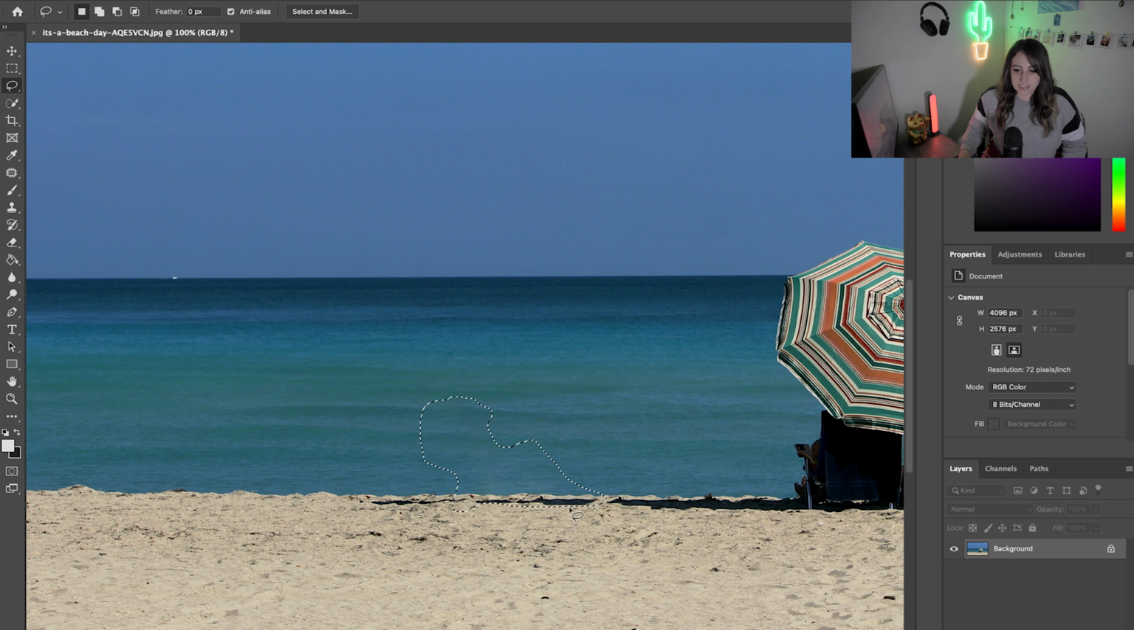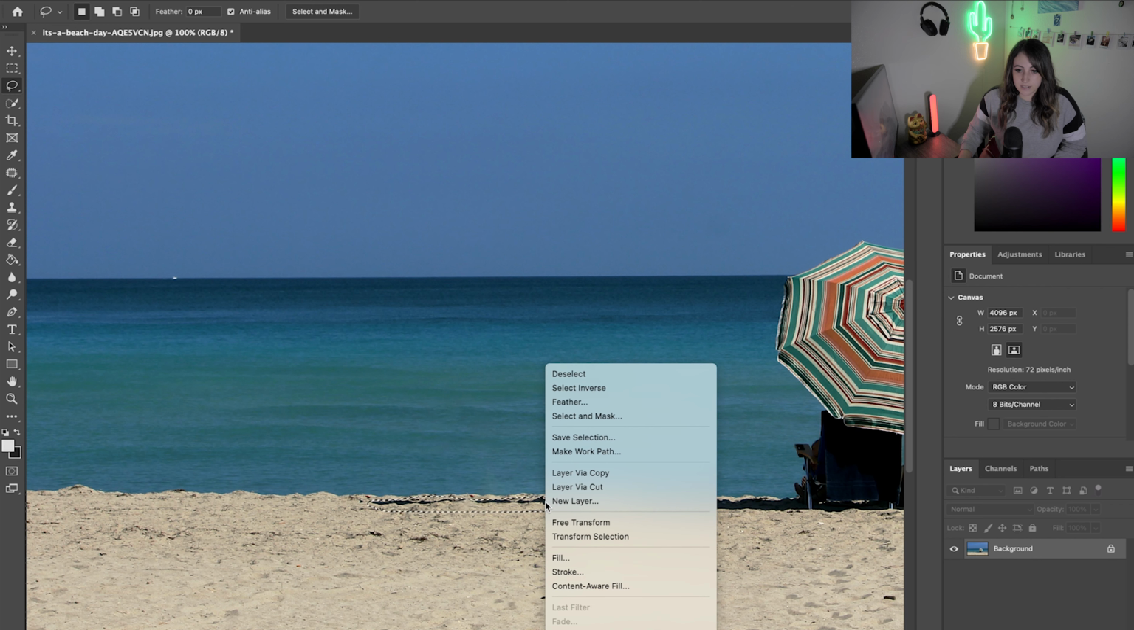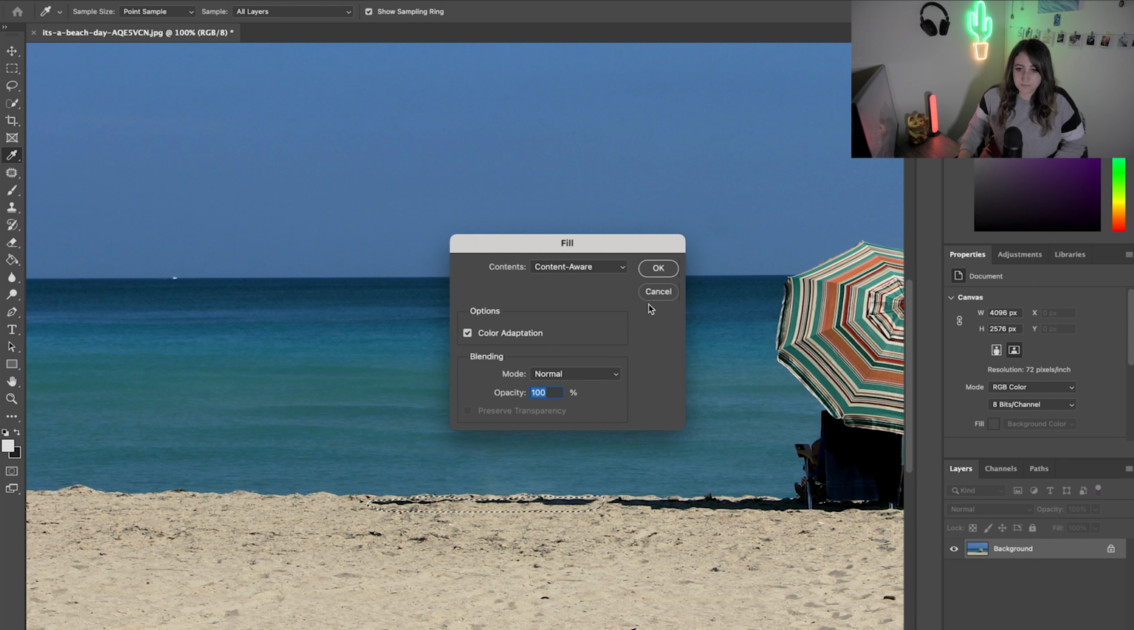And it looks like, as you can see, it actually sampled a part of this shadow right here. Don't know why it did that, but that's fine. What we're going to do is just simply do another lasso tool process just around the shadow. So let's start that. Just around the shadow. Ooh, this is very close to the water. Nice. Right click, fill, content aware,